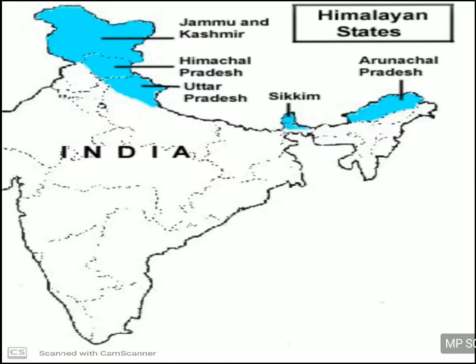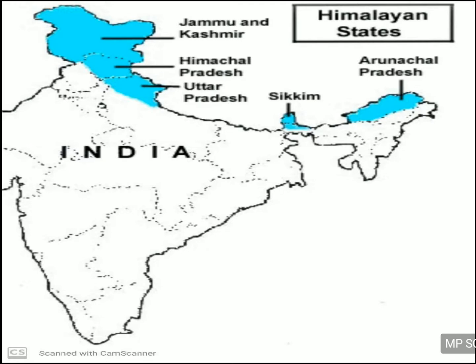First we have to see the figure. In the map you can see this. The Himalaya which is on the side of Jammu and Kashmir is called Kashmir Himalaya or Northwestern Himalaya. The Himalaya which comes around Himachal Pradesh and Uttarakhand is called Himachal or Uttarakhand Himalaya. The third is Sikkim Himalaya, which comes in between the countries of Nepal and Bhutan. Sikkim is between Nepal and Bhutan.